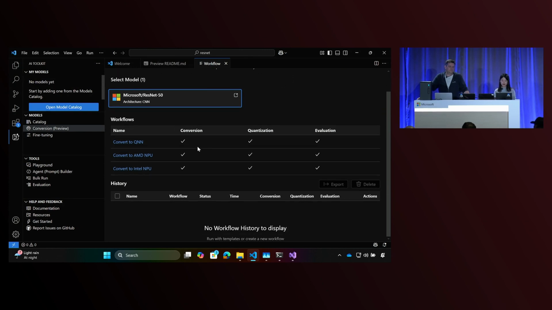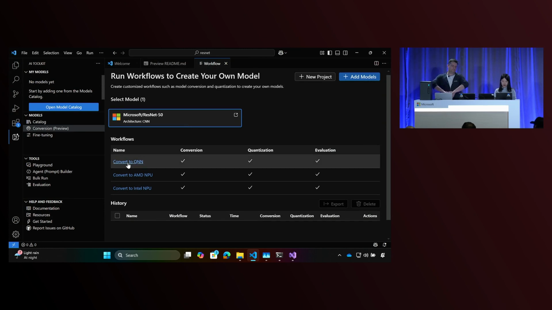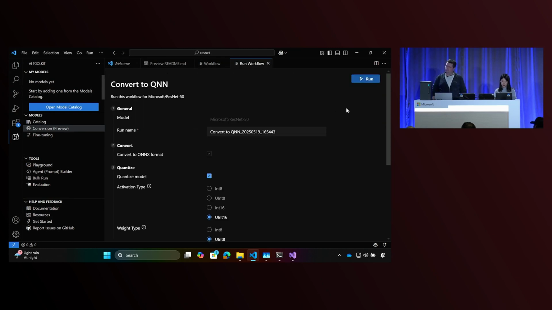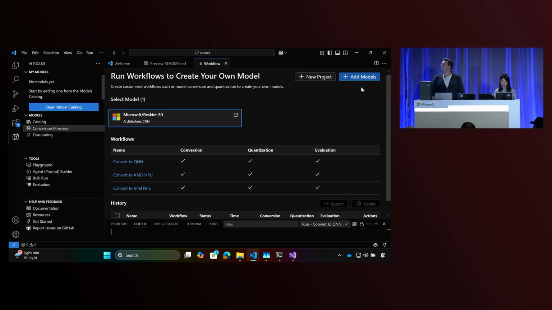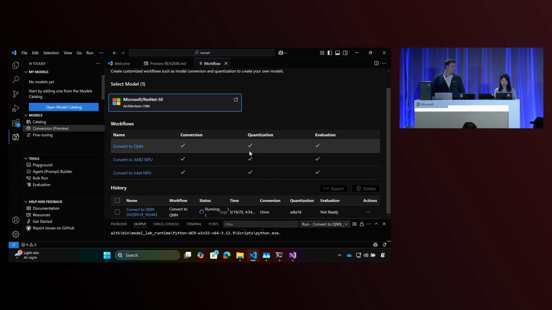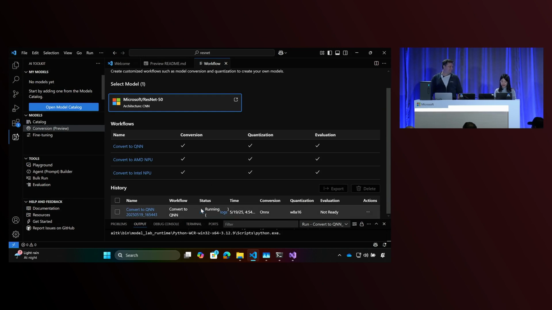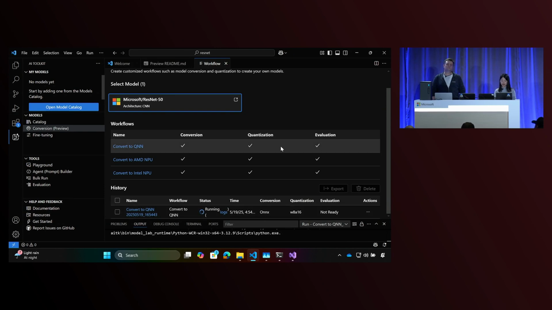All right, and since I'm demoing on the Surface Pro 7 with a Snapdragon NPU, I'm going to go with the convert to QNN flow. I'm going to keep all the default parameters and just click run. You can see that we just click run, and it's converting the model to ONNX. On a machine like this, it's normally going to take about 30 seconds to a minute to convert it to ONNX. Assume that you have already installed all the dependencies. So we won't spend our time waiting for that.